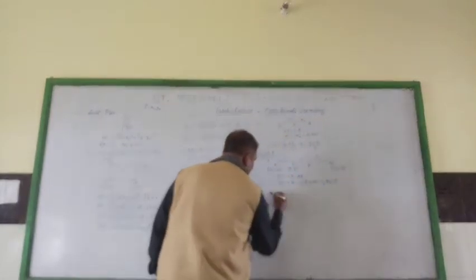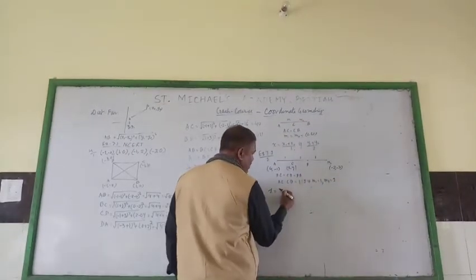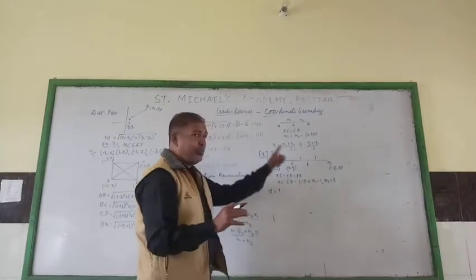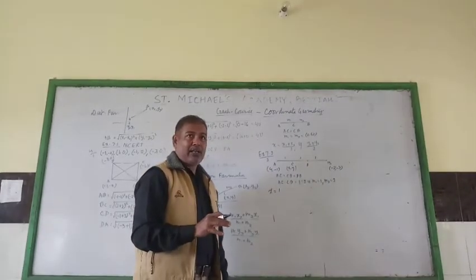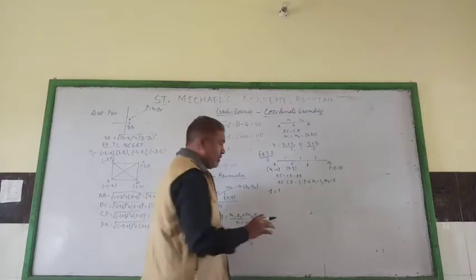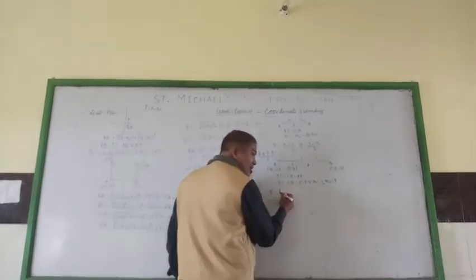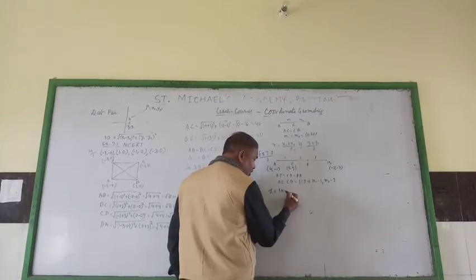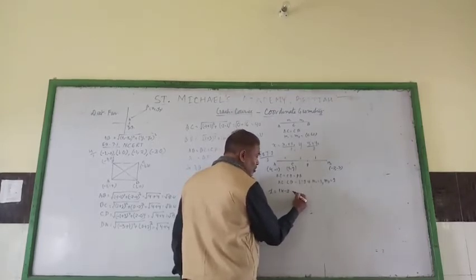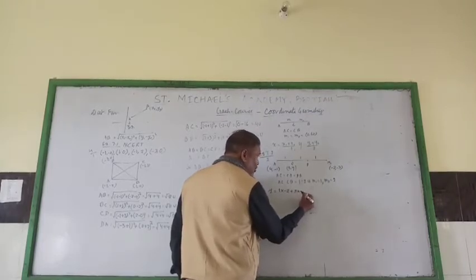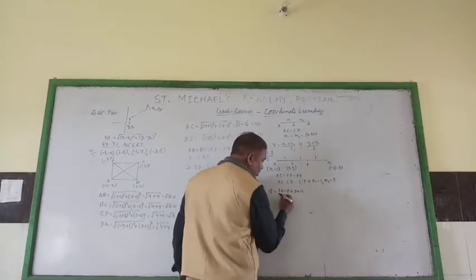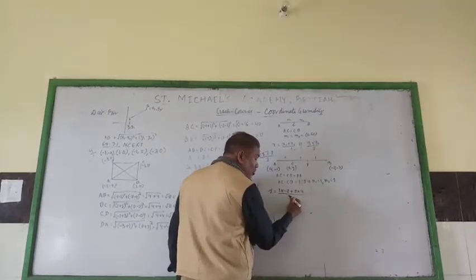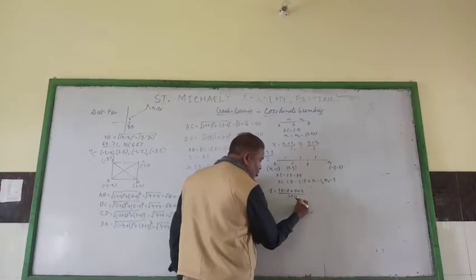So we write here x is equal to m1 into x2. I am not writing the formula क्योंकि बोर्ड में मेरे पास स्पेस कम है बच्चों, ठीक है ना? But I suggest you to write the formula in the beginning. First step. So m1 into x2. What is the x2? Very good. x2 is equal to -2 plus m2. What is m2? Into x1. x1 is equal to 4, upon m1 plus m2, 1 plus 2, 3.